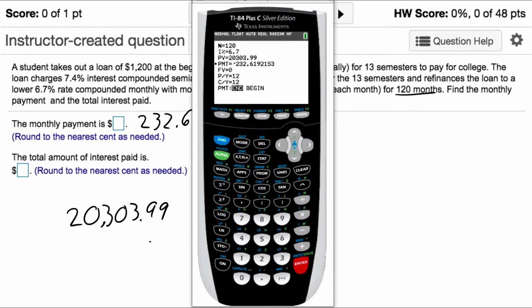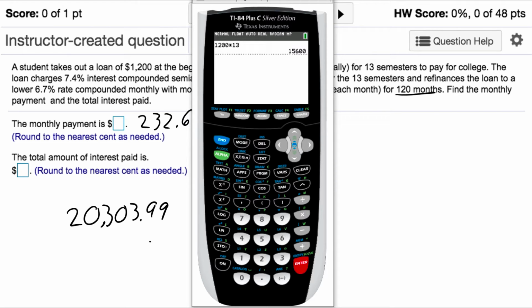Well, we don't need our TVM solver to solve for any of this. The bank gave this student $1,200 per semester, so that's 2 times a year for 13 years. But again, that's not really important. Really, they just gave it to him 13 times. We could have done times 2 times 6.5 because it's 6.5 years. But again, we already know that it's 13 semesters, so no need to do the conversion. So the student took out a loan of $1,200 13 times. So that's